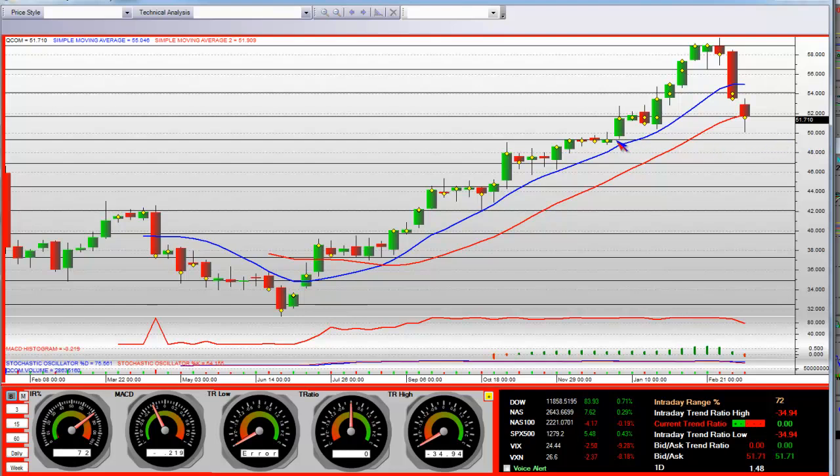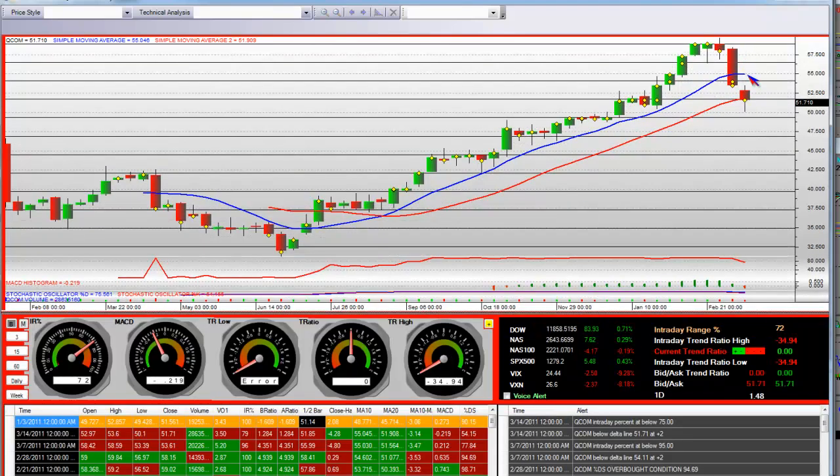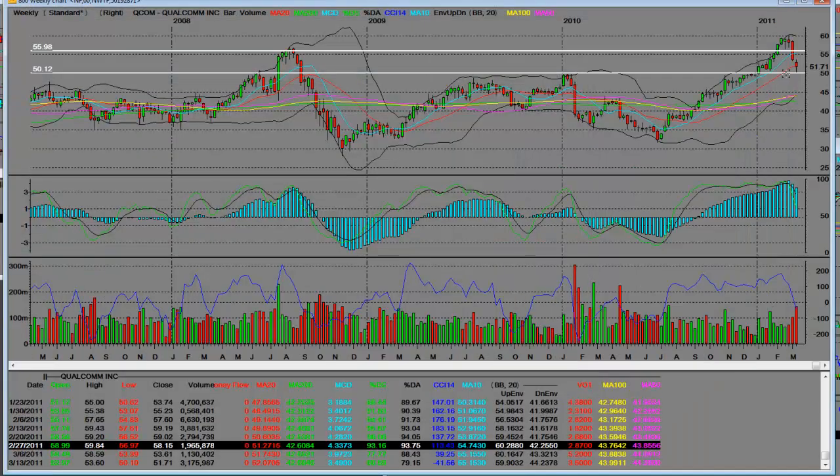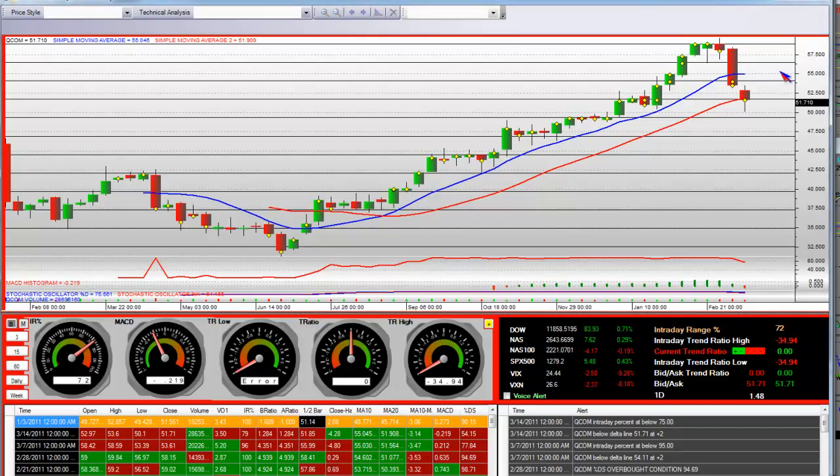So we know that right down here in our weekly platform versus a standard one, the blue line is a 10-week, and this one is also a 20-week. And we did put it on here so that you could see in your own platform that you've got the same thing as you got over here. This is what they'll be looking at. And the only reason why we put it on there is so that you would know how to trade against those decisions, and why that crowd of people are going to make those decisions.